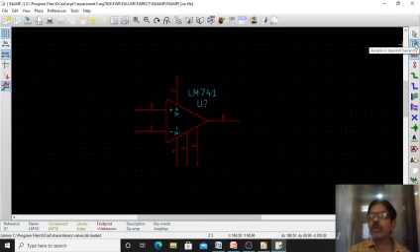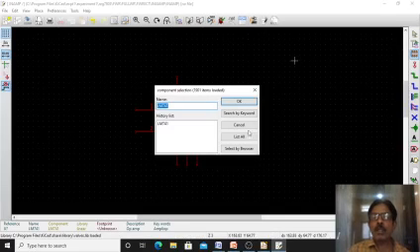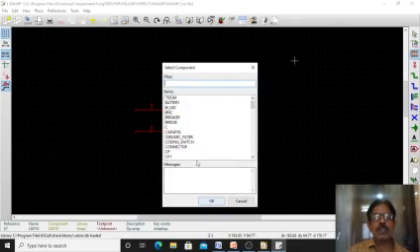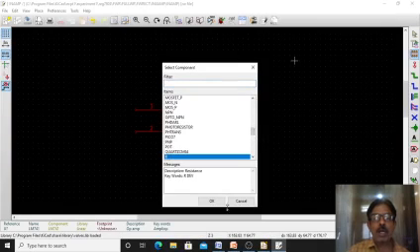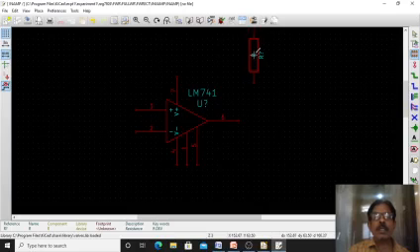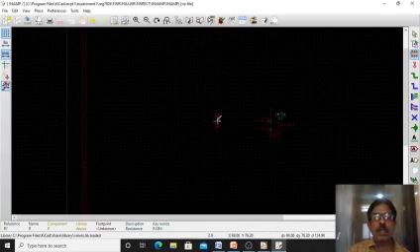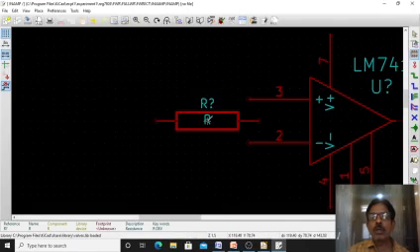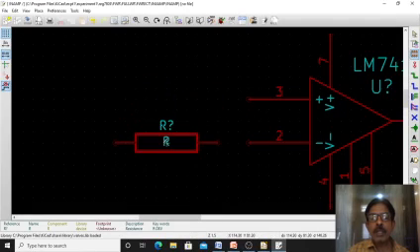Then I require 2 resistors. Take them again from here, that is list all. Then resistors are present in devices. So go to devices, and in that you just search, resistor is stored here as R. Select it, then place it near pin number 2.